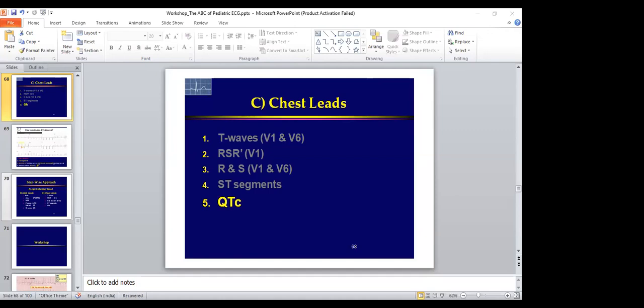To remember, push and pull effect. When we see hypokalemia, we see a push from the isoelectric line: there will be a depression in T wave with a prominence of U wave, and ST is depressed. We are going to talk about J point in upcoming slides. So at this junction, we will see ST depression, T wave inversion, and prominent U waves. In comparison to this, when we talk about hyperkalemia,